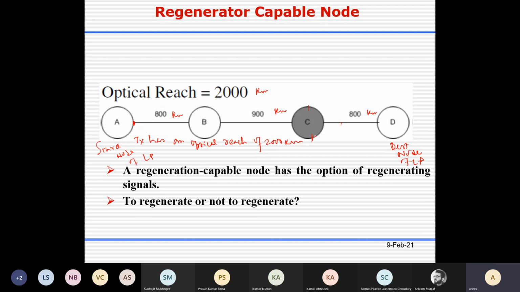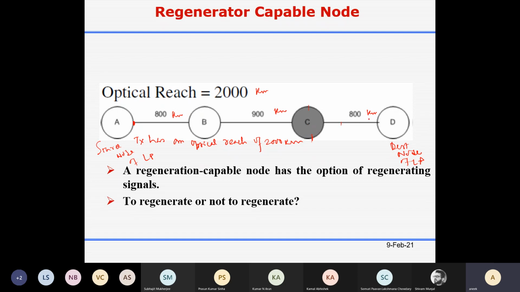In a local node you have local traffic, so to support the local traffic you have to maintain a laser source, so you require power. There you put another active device, that is called a regenerator. That we can use.